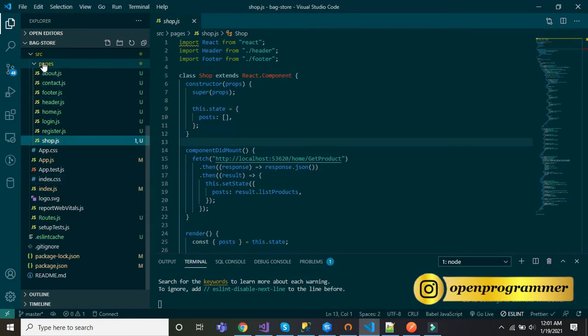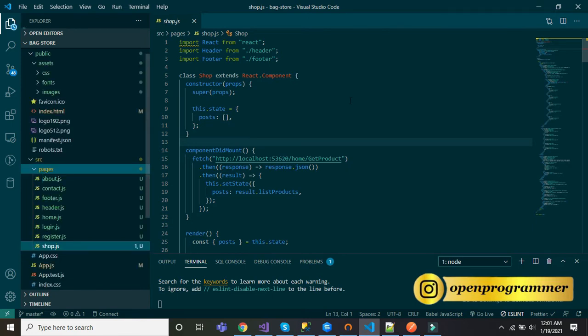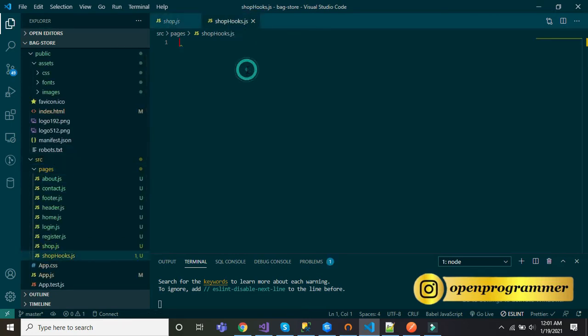So let me create another component like shophooks.js.